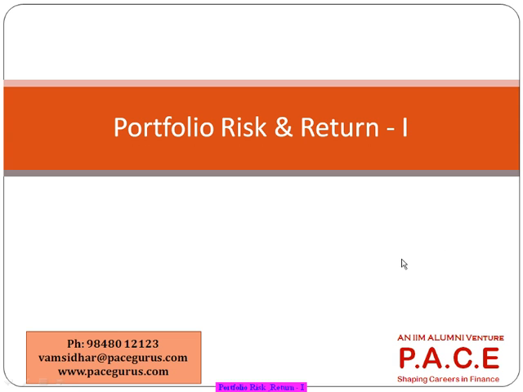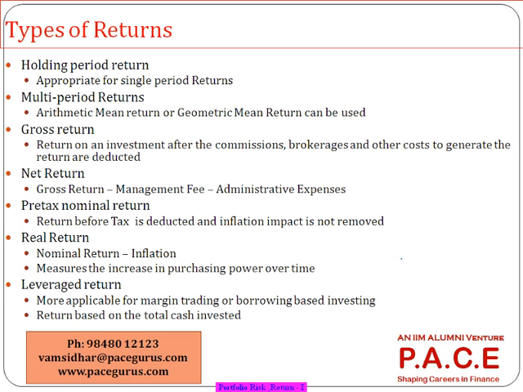So the first part of this is a very simple scenario where some part of it came up in quant, finding out the different types of returns, the holding period return, right, in multiple period, whether to use arithmetic return or a geometric mean kind of a return. These are again some portions that are repeated from there. But yes, gross return. What is the difference between a gross return and a net return in case of a